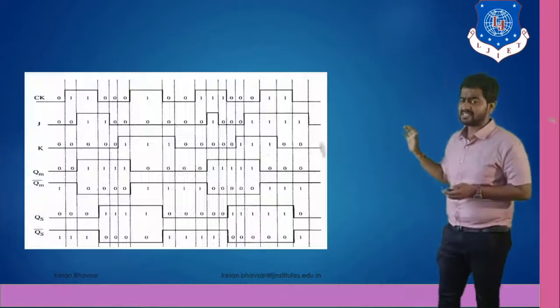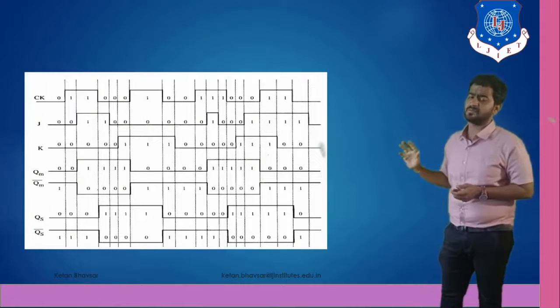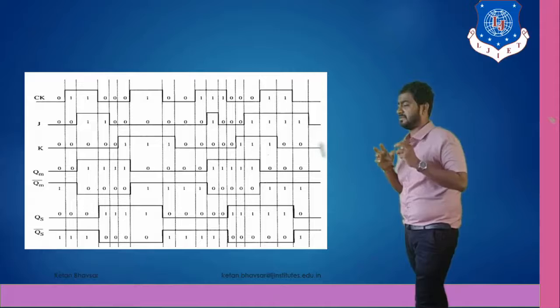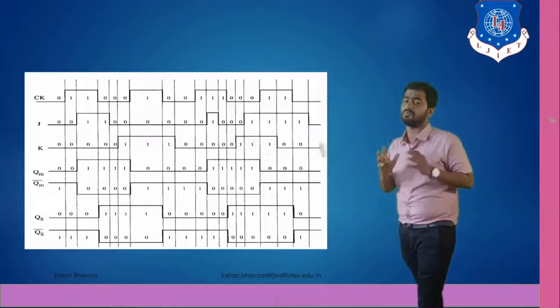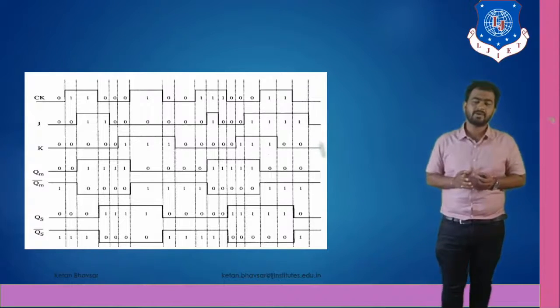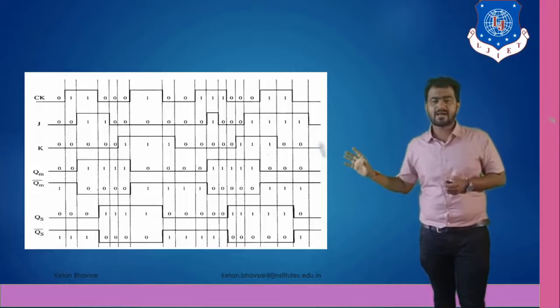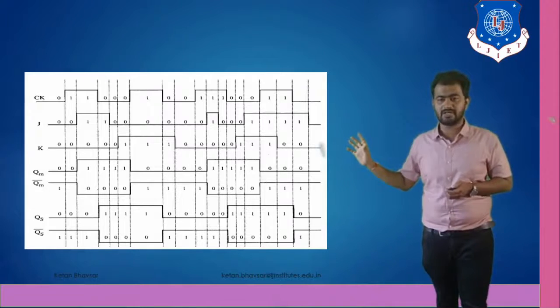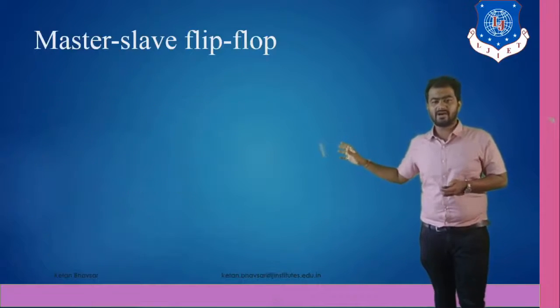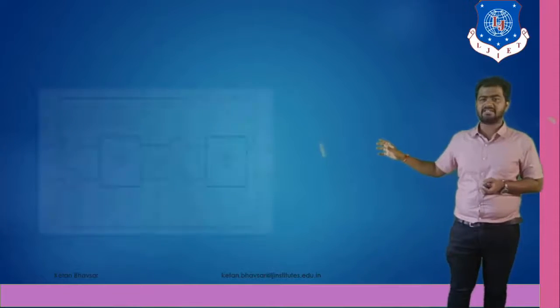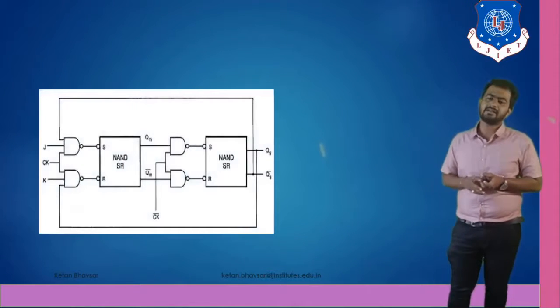Okay. So make sure that this diagram is very important from the exam point of view. In a number of exams, the JK flip-flop is one of the most common questions. Okay. So you have to draw this diagram. You have to draw the truth table. You have to write down the theoretical concept, this block diagram and the explanation.